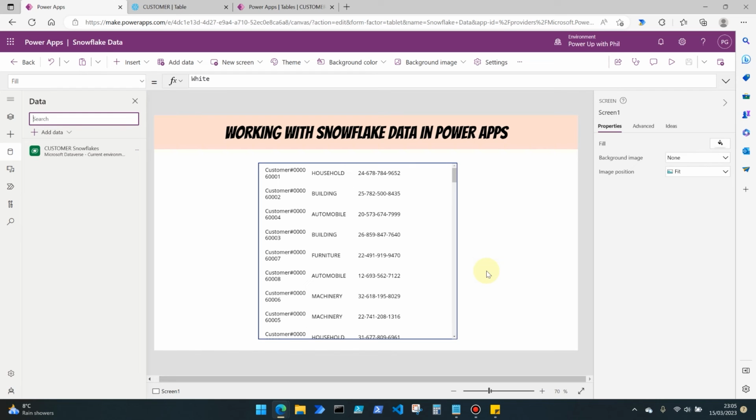Now, the new way of creating virtual tables that Microsoft have released doesn't currently support Snowflake integration. It's currently only supporting SharePoint and SQL Server. However, I'm sure Snowflake will come as a connector. There is, as I mentioned at the beginning of this video, another way of connecting to Snowflake, which does create a virtual table by creating a new OData connection within the Power Platform Advanced Settings area. However, as we're just covering the basics here, this is a safe and secure way to ensure that